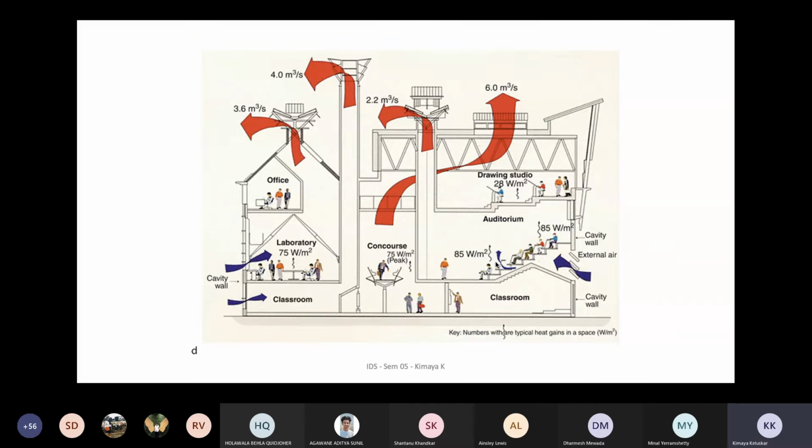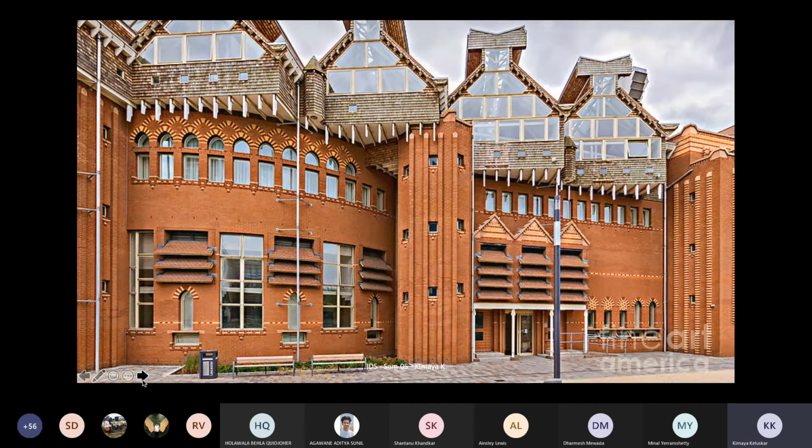Also, regarding the post occupancy survey that they conducted in 1997, they do talk about having an air change rate of 5, and that air change rate of 5 works very well.